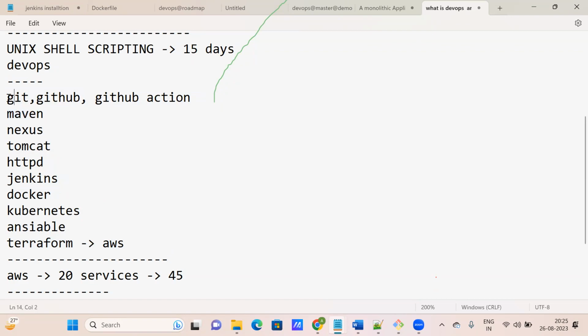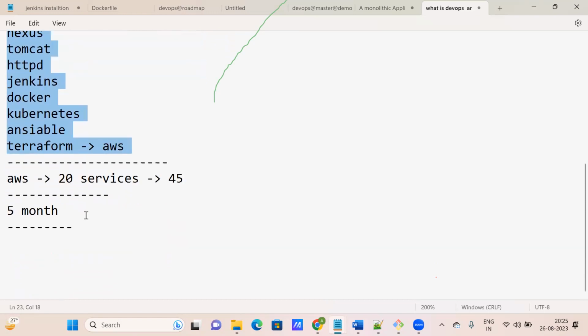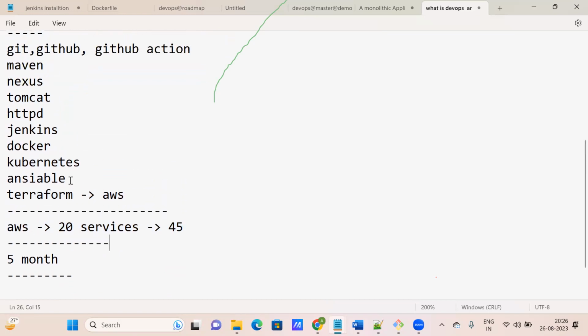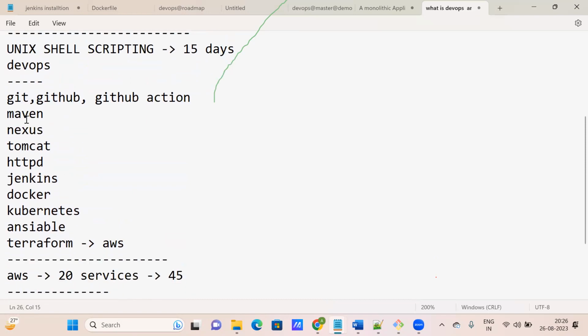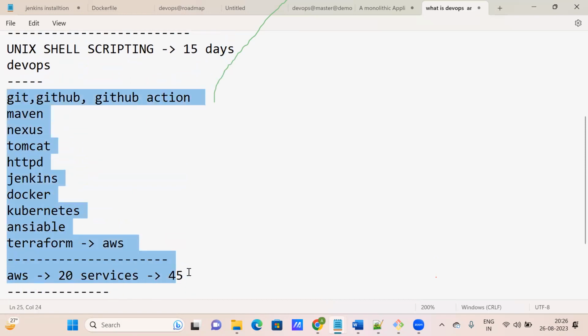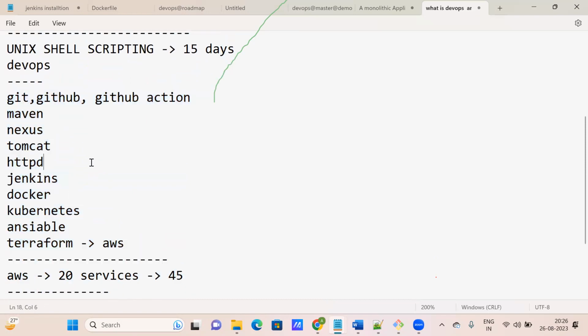Then diagrammatically I'll explain how we integrate all of these. Same time tomorrow, 7:30 to 9:30. Then in the next class we will go for AWS with a small example, then another 2 classes of demo, then the actual class will start.